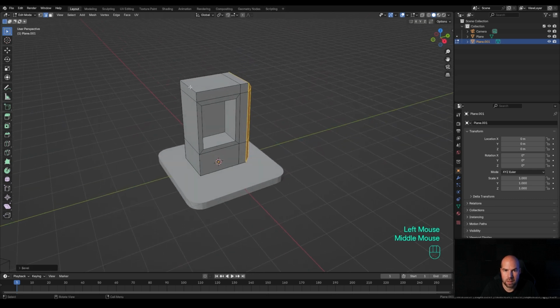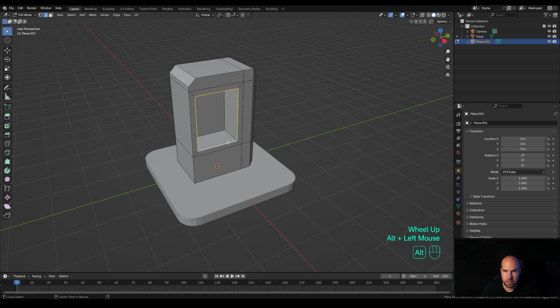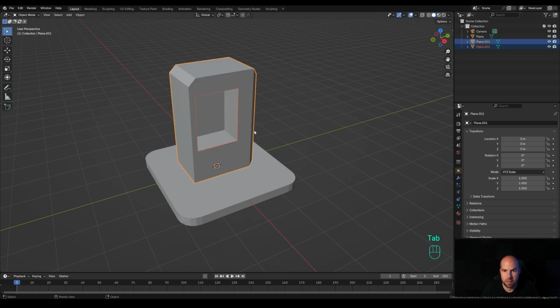And now let's select this one here, press Ctrl B and bevel it as well. Now let's alt click this loop right here, press Shift D and right click to release in place, and now press P and choose separate selection. That will separate it into a new object, so we can tab out, select that new object, and first of